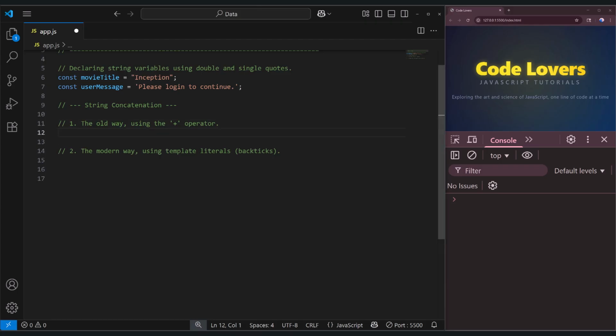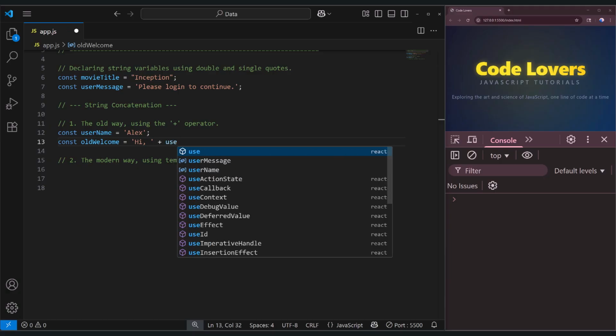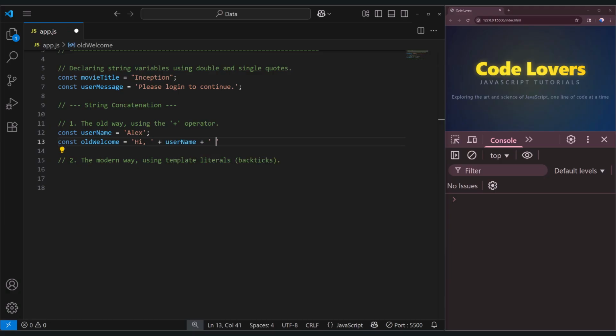All right, const username equals to single quote Alex semicolon. Next, I write const oldWelcome equals to single quote hi comma and plus username plus comma welcome back